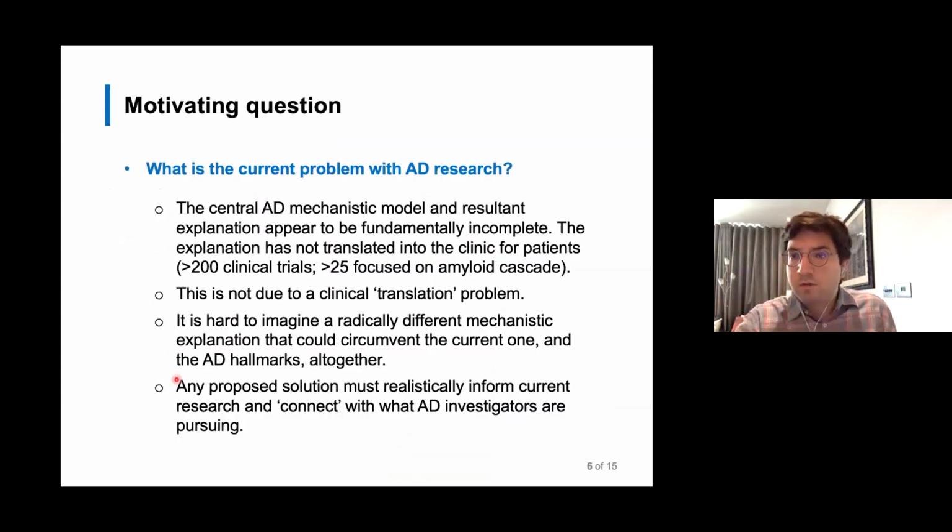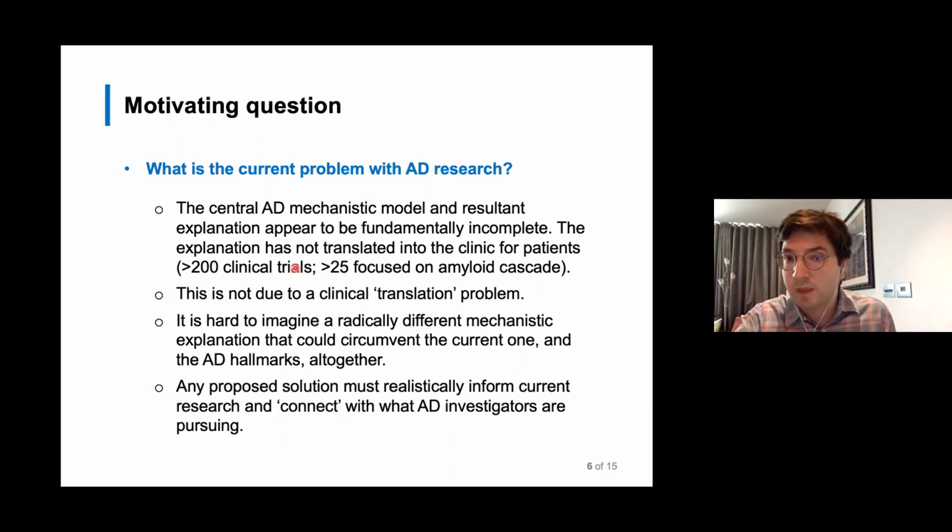So what's the current problem with AD research? Well, concerning AD in general, there have been upwards of 200 clinical trials over the past several decades. Concerning the amyloid explanation itself, there have been more than 25 clinical trials done, and unfortunately, none of them has